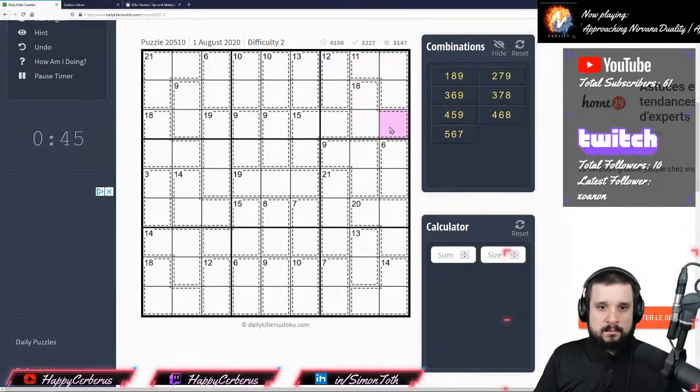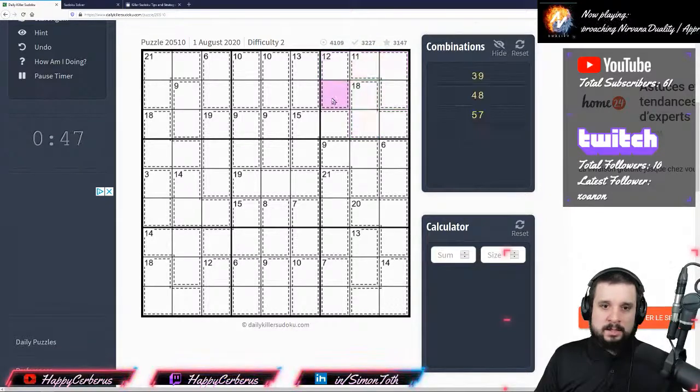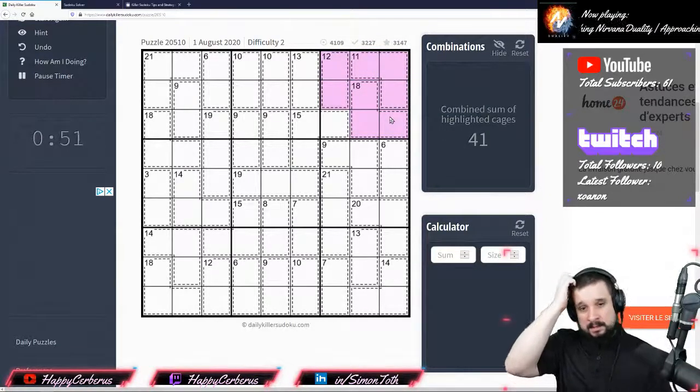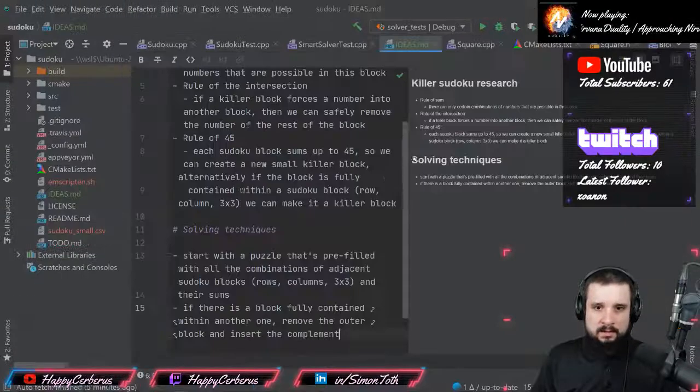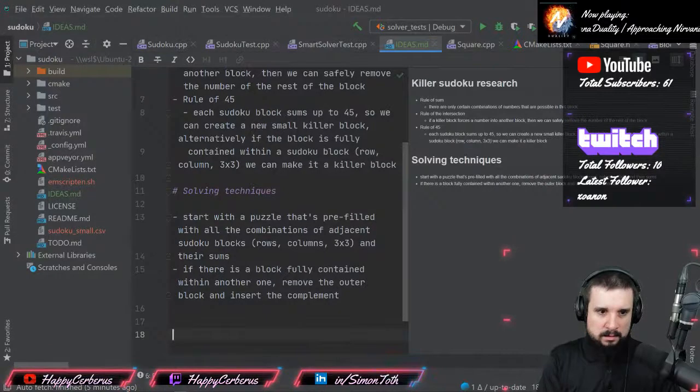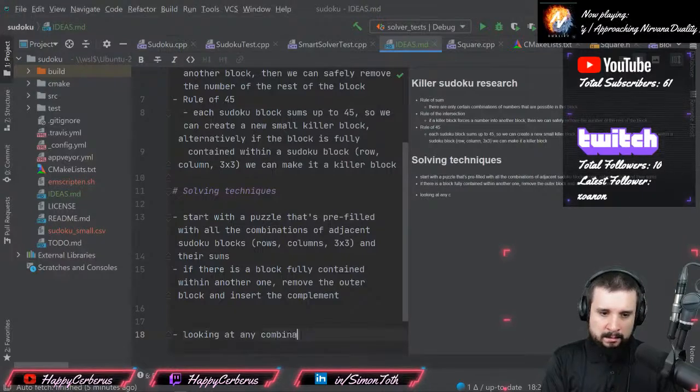Okay, so these seem to be weaker versions of the previous very powerful rule, I guess. So this could be basically these two things. Okay, let me write it down. So looking at any combination of adjacent blocks,